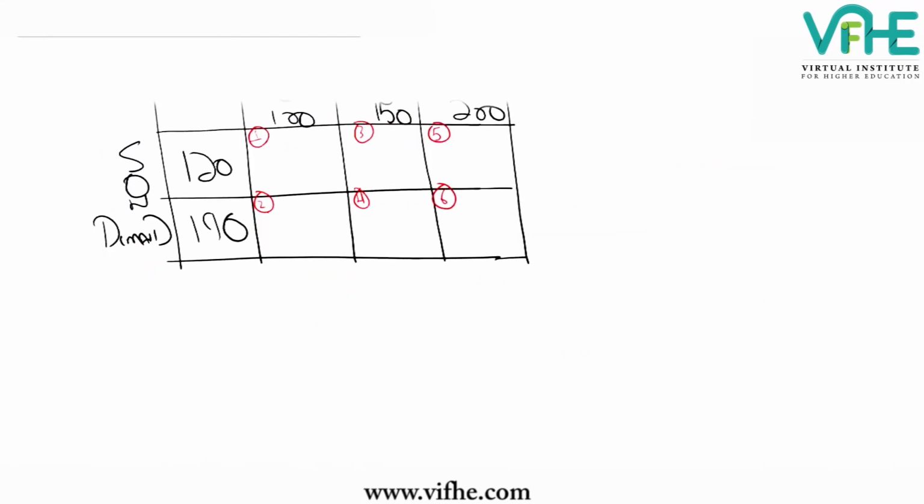So let's start with working 1, then working 2, then working 3, working 4, working 5, working 6. Now, sales. So let's work out sales. It's quite easy to figure out. It's like a game if you just treat it like a game.